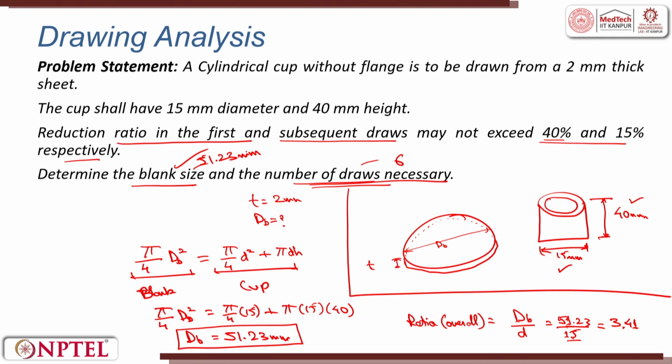And this was a problem on drawing. So with this solution, I will take a break. I have discussed forming mechanism, extrusion and drawing in this part of the tutorial. Next part of the tutorial on forming I will continue, where I will discuss further metal forming processes such as rolling and so on. Thank you.